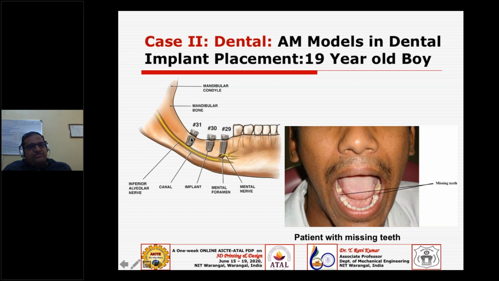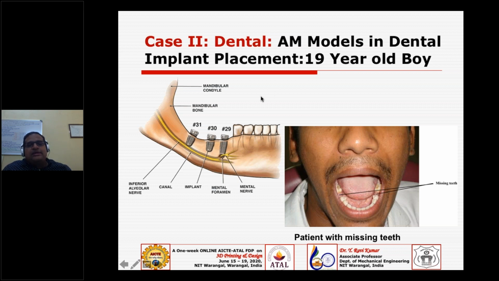How do you fix this implant, that is, how do you drill a hole into the bone without damaging the nerve? That is the challenge, and what could be the orientation and the size. These are the things we need to do carefully. Why I am talking about this is, if you take the conventional procedure, forget about 3D printing, conventionally they take an impression from the mouth. Taking an impression from the mouth, you get only the outer surface of the mandible or your lower jaw, but you cannot get the information about the nerve that is passing inside your jaw.